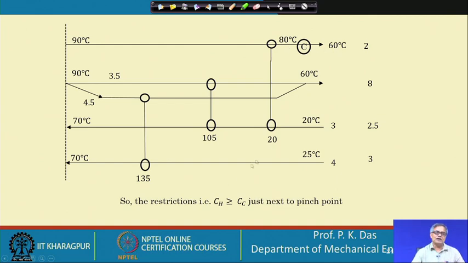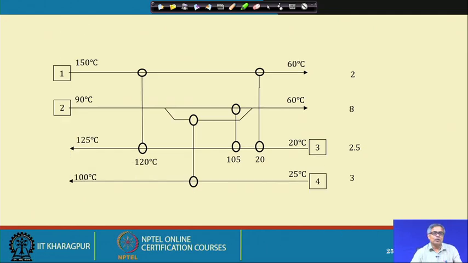So, you see how many heat exchangers will be needed? 1, 2, 3, 4, and we can get all the end temperatures of these heat exchangers. Okay. So, this is the solution of the cold end. We can get another solution, but in any case, as I have told, the hot stream with heat capacity rate 8 has to be split, as I have shown.